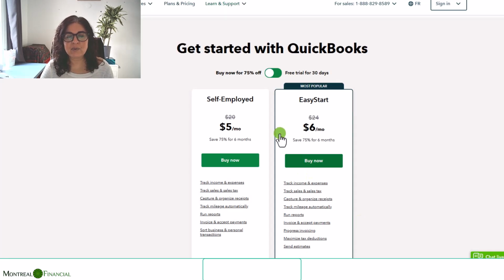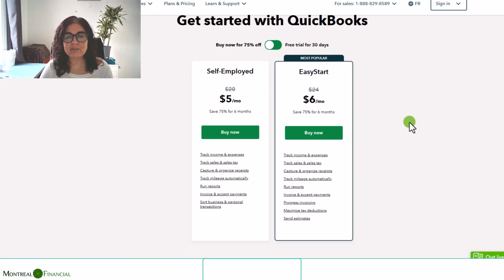Additionally, if you look at the price point, it is only $20 versus $24. That is a minimal difference per month and even per year. And there are features in Self-Employed that are just not available. One of the most important ones is, if you're a business located in Quebec, there is no QST tracking functionality for QuickBooks Self-Employed. Additionally, there are other just basic features that are missing. It's not a great product. And for the price differential, again, I just do not recommend